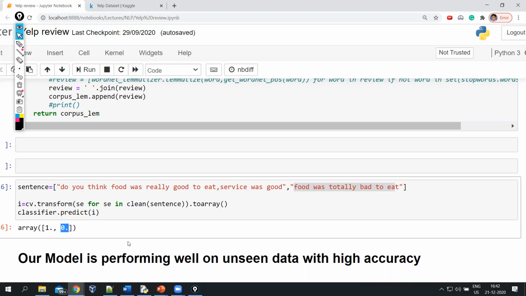So starting from simply downloading the data set, to understanding how to pre-process it, how to make a model learn on top of it, and then how to predict something unknown to it, we have used a bag of words model. That is a complete case study on sentiment analysis. You can give any sentence to it and it will predict for you. I hope everything is clear to you.